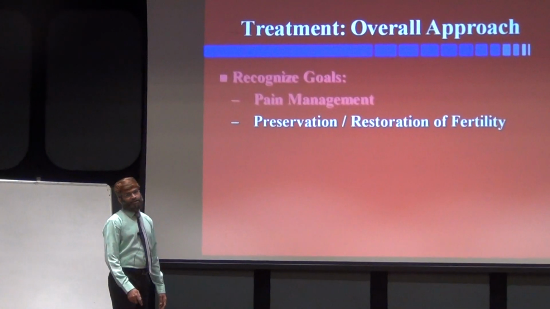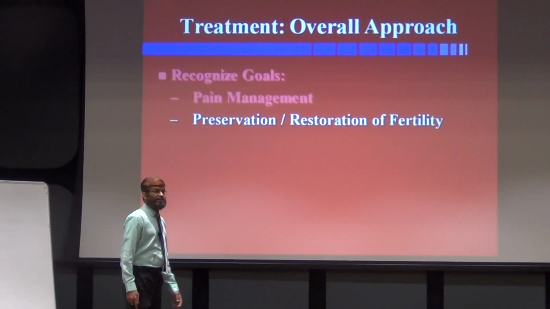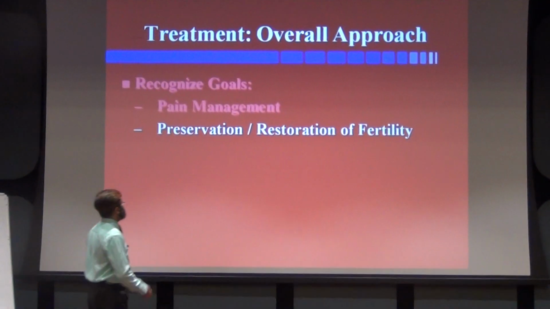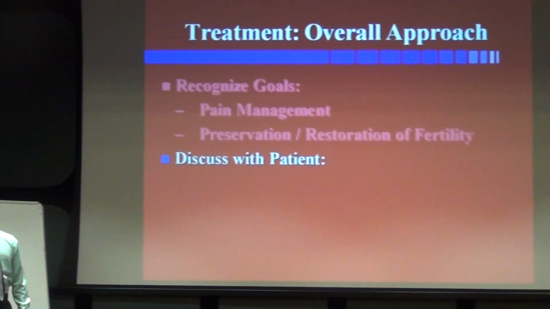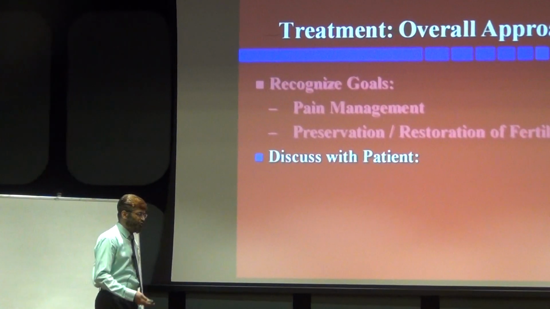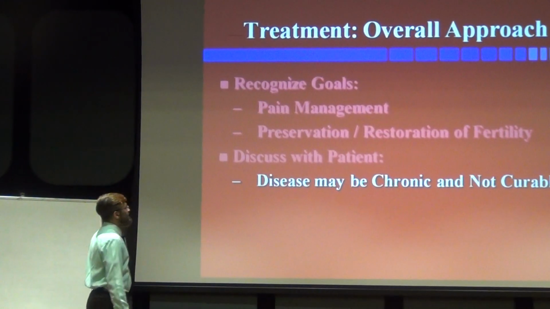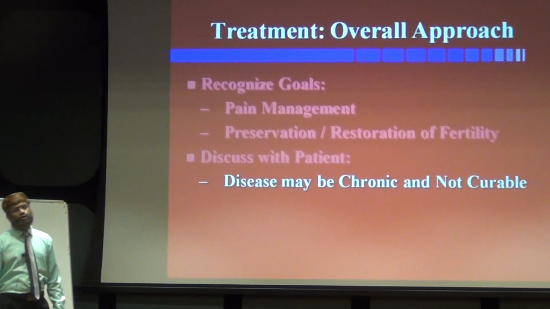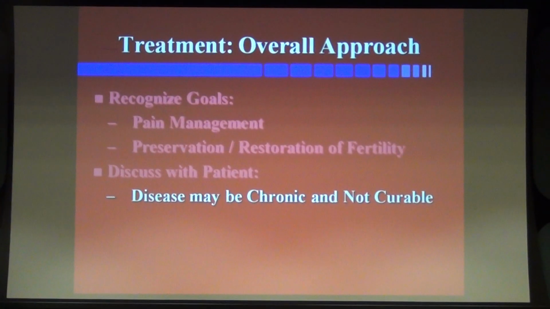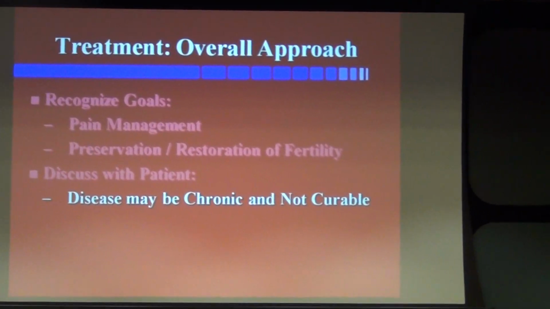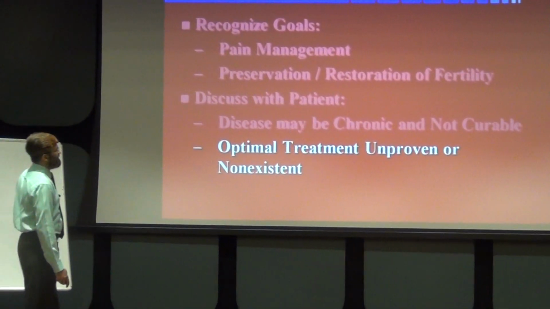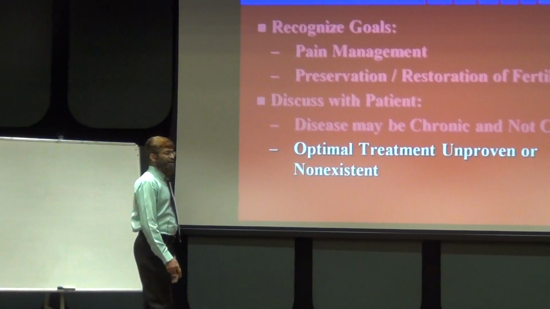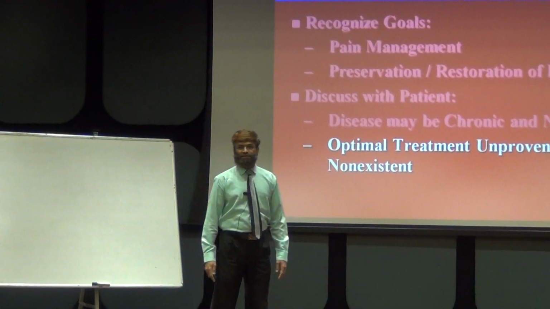If it is the fertility part, as we already gave the word infertility complaint, then fertility has to be restored. The third, you have to discuss with the patient. See, a few frank opinions have to be given: that the disease may be chronic and not curable. So some palliative modes of treatment are available, which if required may be given, and some optional treatments which are unproven and non-existent. So this frank